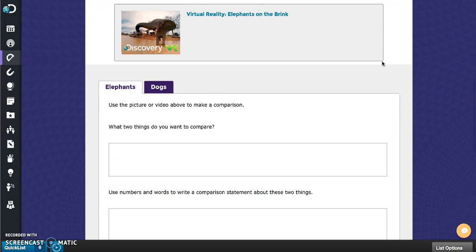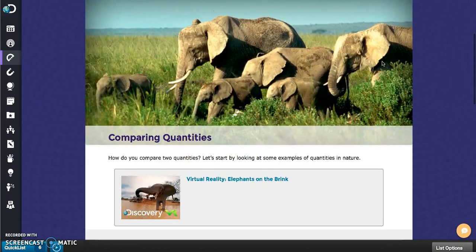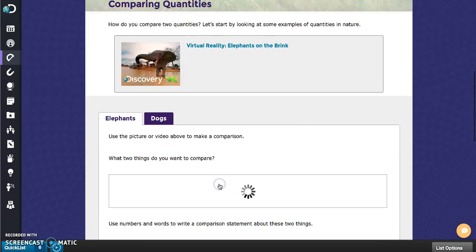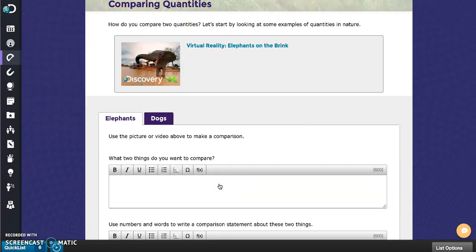It says, using either the picture or the video above, make a comparison. The first question we're asked is, what two things do we want to compare? Obviously I'm drawn heavily to the elephants. So what do I want to compare about these elephants? Well, they're all probably African elephants. They're all about the same color. It's kind of hard to see how many male and how many female. So what stands out the most to me is let's look at mature elephants to adolescent elephants. So let's compare adult elephants